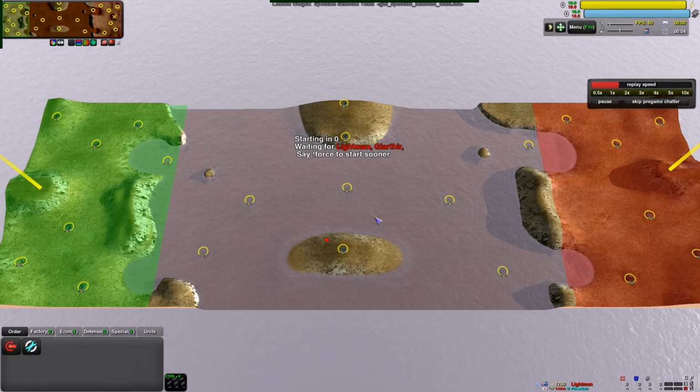It's going to be 1 versus 1 on the coastal map. I'm Damien from Game Innovator, and yeah, we're going to have...